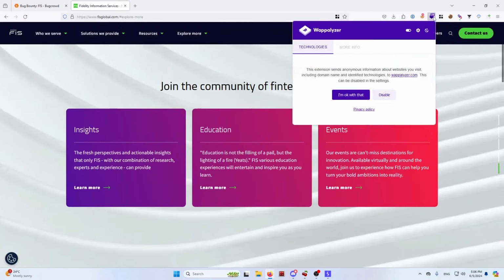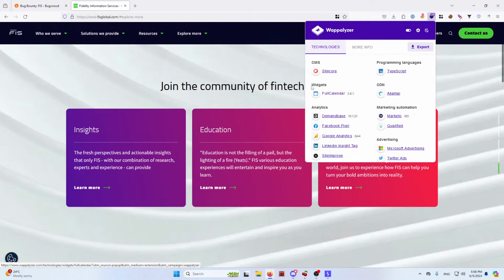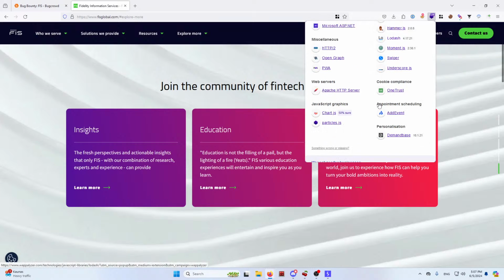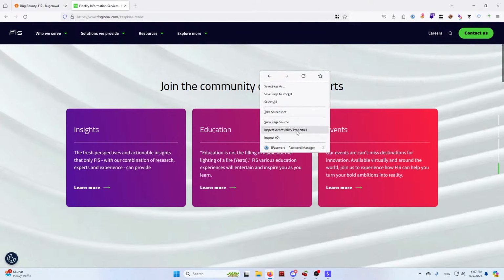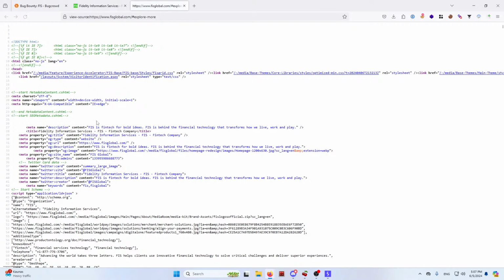What I really like to do is check Wappalyzer and see which technologies there are. Wappalyzer shows most of the technologies, but I've seen cases where some extra technologies could be found that were not showing on Wappalyzer. So sometimes it's a really good idea to click on view page source and try to search for links,